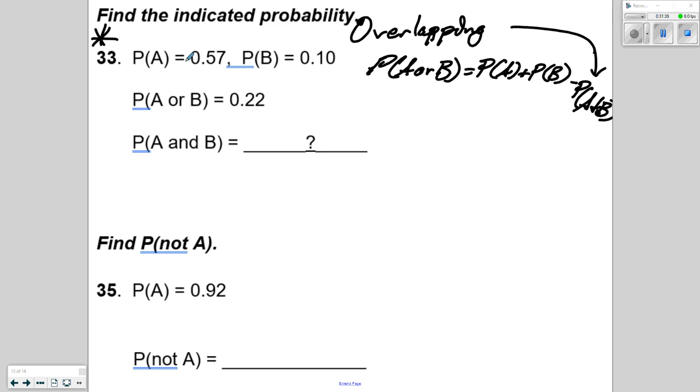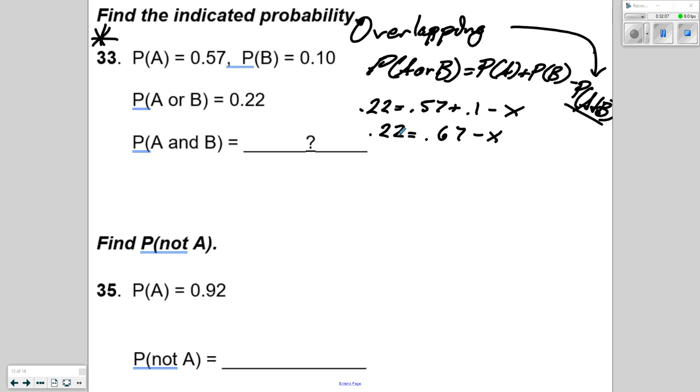Okay, so we're given all these values but one, so we can plug those other values in. So we get 0.22 equals 0.57 plus 0.1 minus the probability of A and B occurring. I'm just going to put an X there because that's what we're looking for. All right, and we're going to make it simple. We could combine 0.57 plus 0.1, we'd get 0.67, and now we're just going to solve for